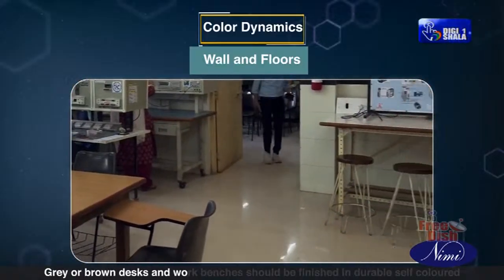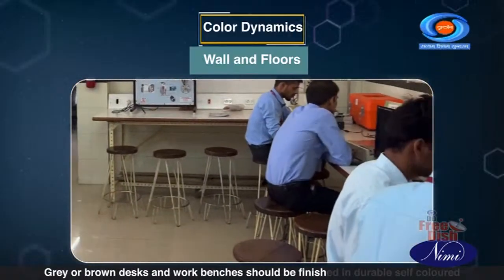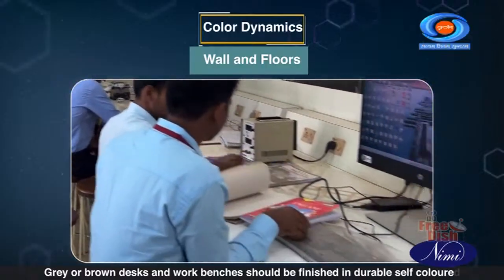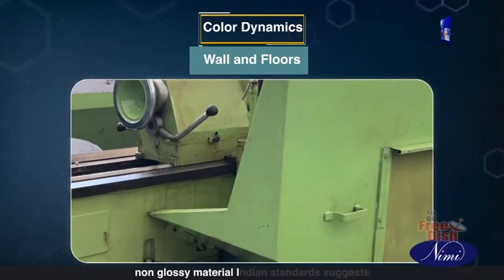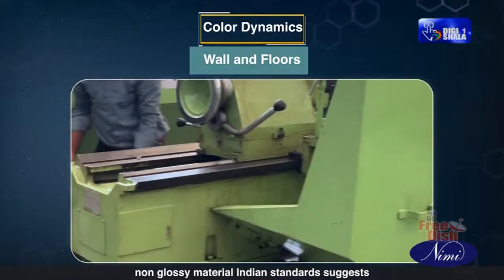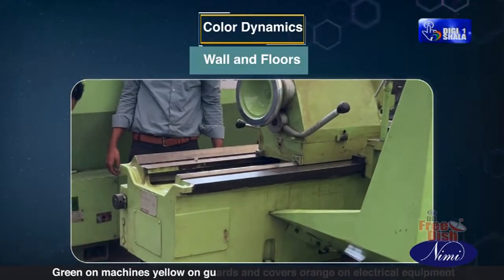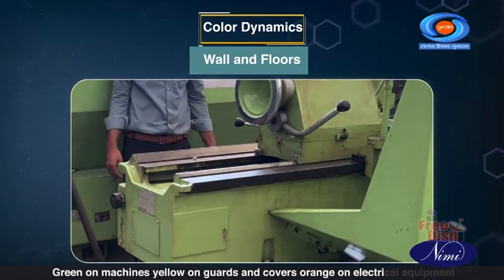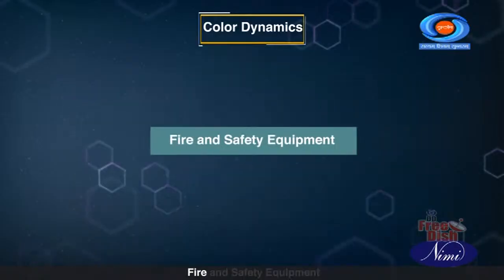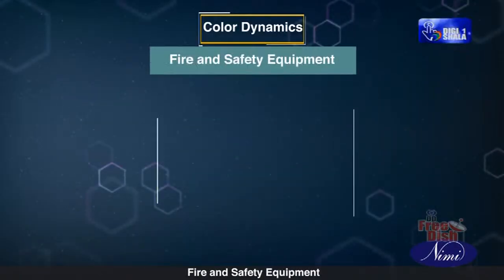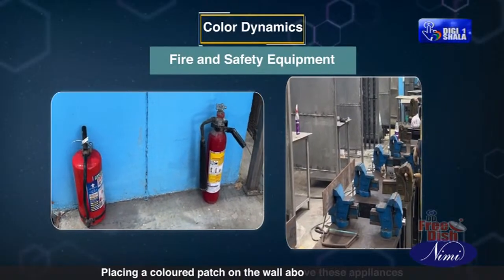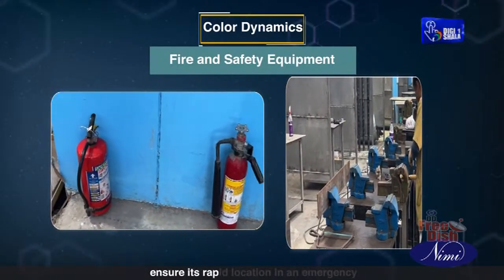Gray or brown desks and workbenches should be finished in durable self-colored non-glossy material. Indian standard suggests green on machines, yellow on guards and covers, orange on electrical equipment. Fire and safety equipment. Placing a colored patch on the wall above these appliances ensures its rapid location in an